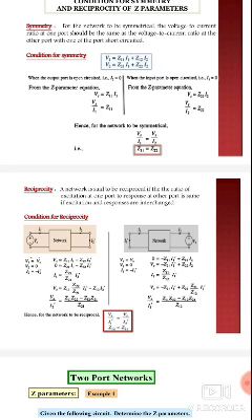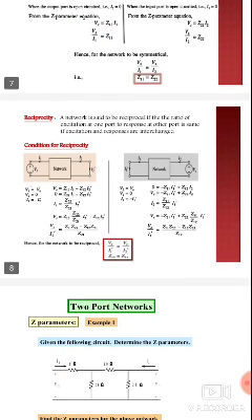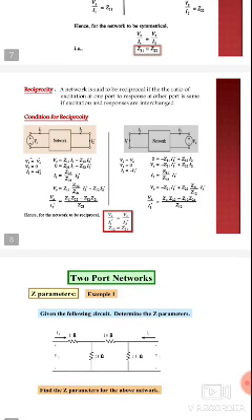From the Z parameter equation, with I1 equals 0, V1 equals Z12 I2, or Z12 equals V1 by I2. Hence the network is symmetrical. A symmetrical network has V1 by I1 equal to V2 by I2, meaning Z11 equals Z22. That is symmetrical. Reciprocal means a network is said to be reciprocal if the ratio of one port's response to the other port's is the same when the response is interchanged.